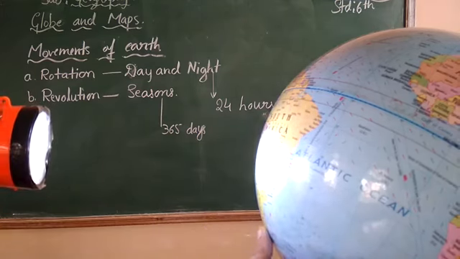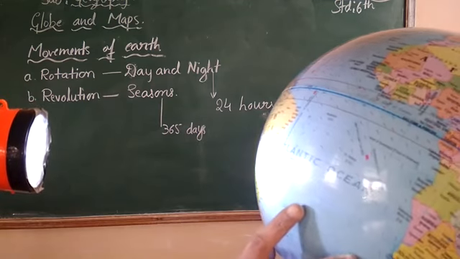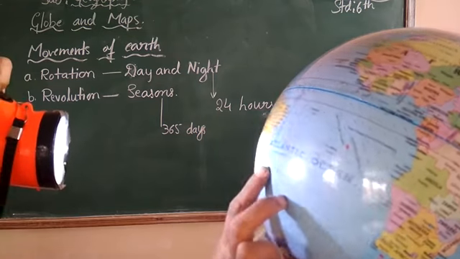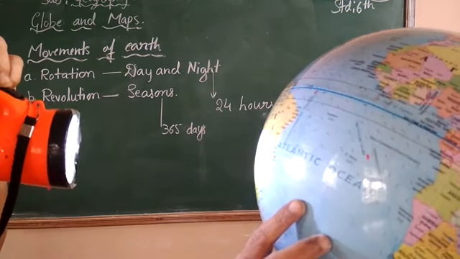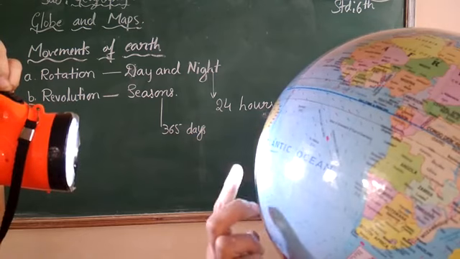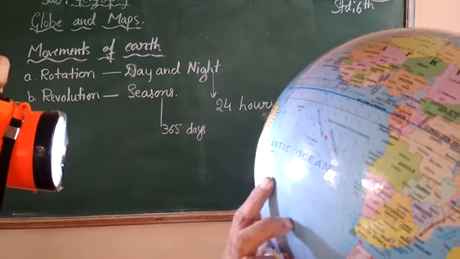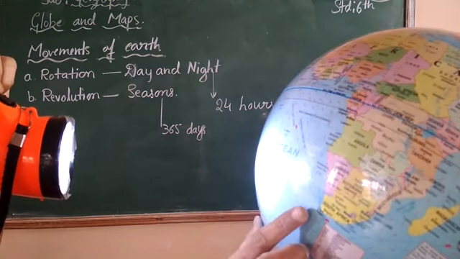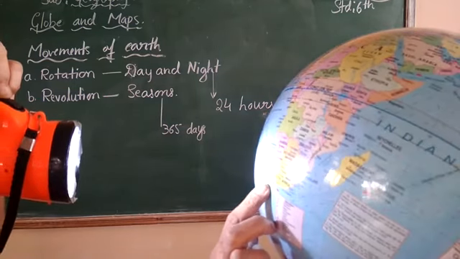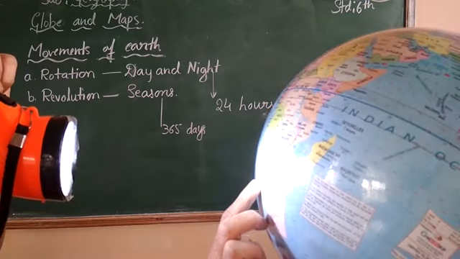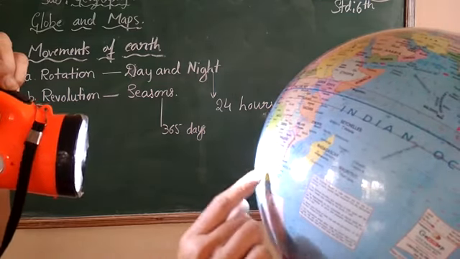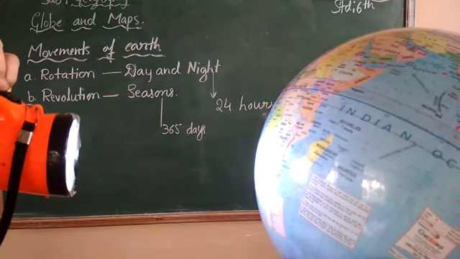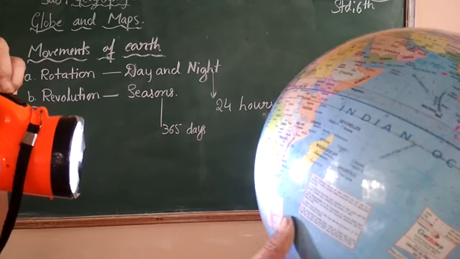So earth is rotating. Rotating means it is rotating like this. Yes? So what happens, children? Now these people are getting the day. When it starts rotating, when this place goes away from the sun, they start getting the evening, then night. These people get early morning, then afternoon, night, like this. Follow, children? The place which is facing the sun has day, and the place which is not facing the sun, for them it is night.